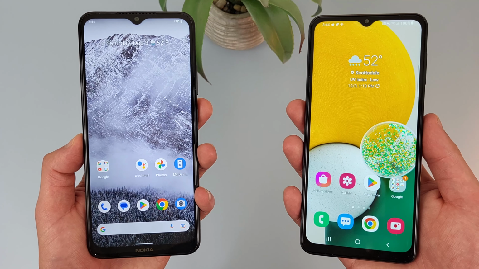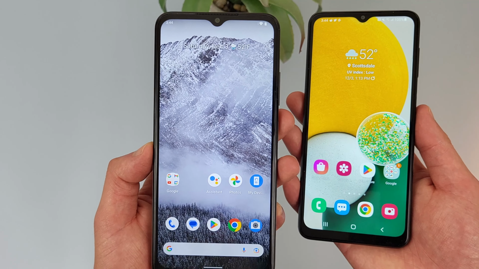In this video, we're going to be doing a quick comparison between the Nokia G400 5G and the Samsung Galaxy